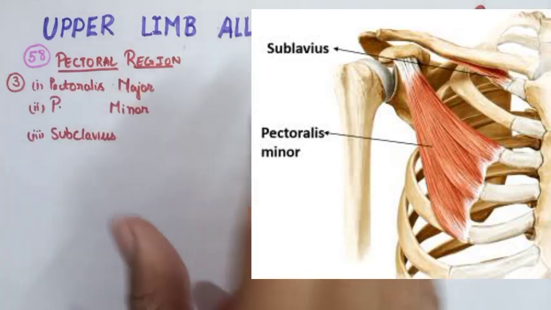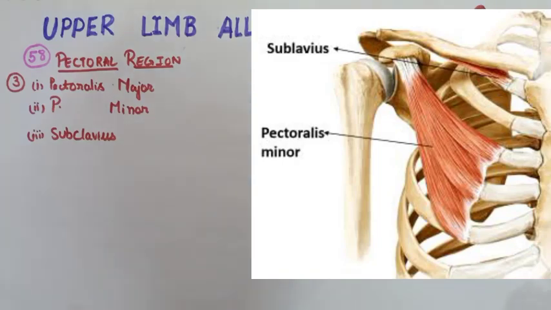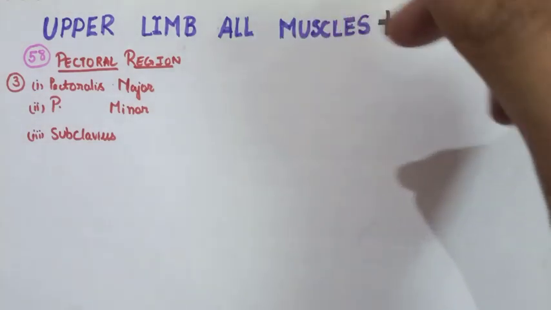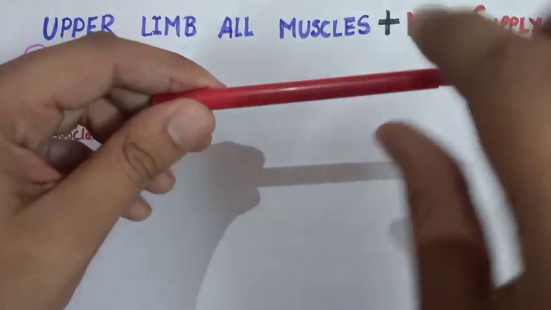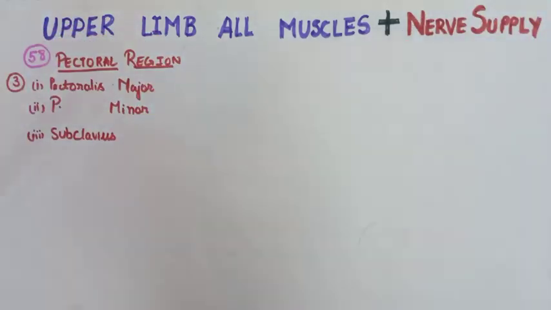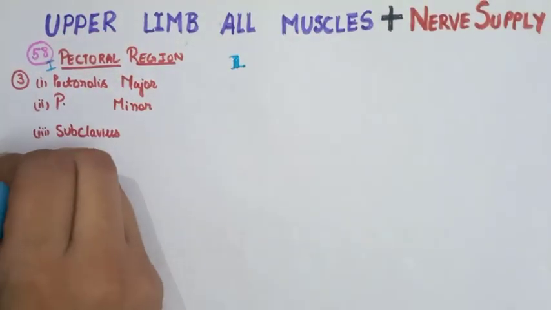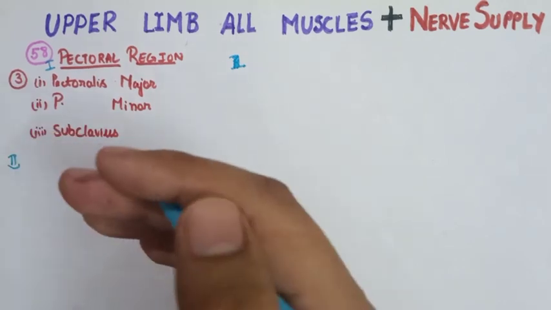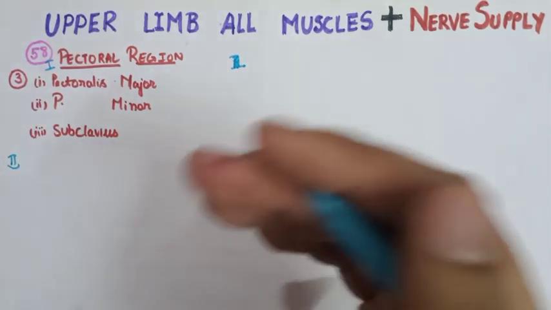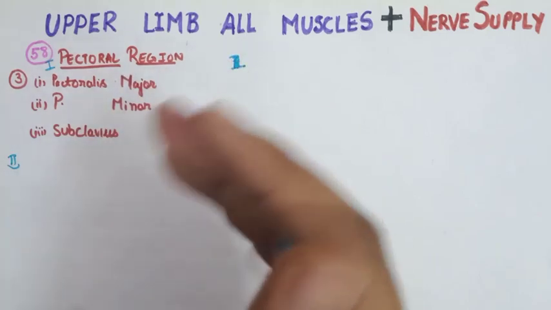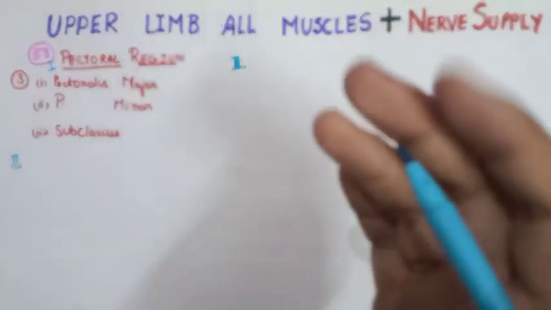You cannot see the muscle from the front view. You have to retract the clavicle upwards, because it's present below, to see this muscle. So this is very important from the region that we have discussed. Now the second region is the region which connects the upper limb to the back of the neck and the torso, or you can also say the region which connects the upper limb to the vertebral column.